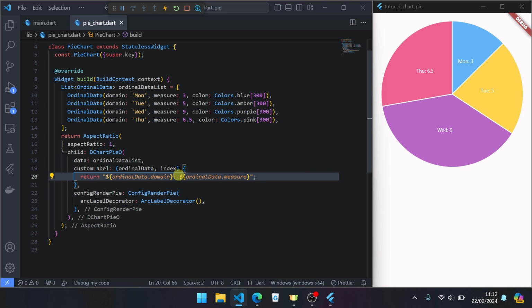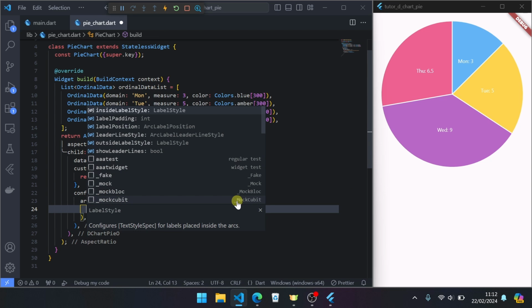If you want a new line, you can use the symbol character \n. The value will be entered like this. Okay. Now for styling the label here, the label decorator has inside label style to style a label placed inside like this.